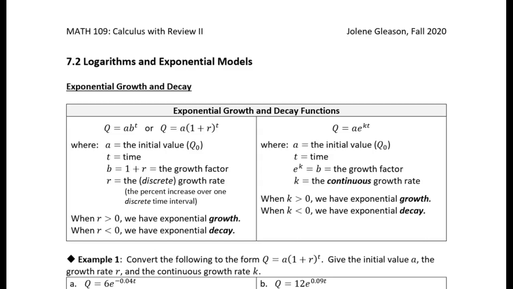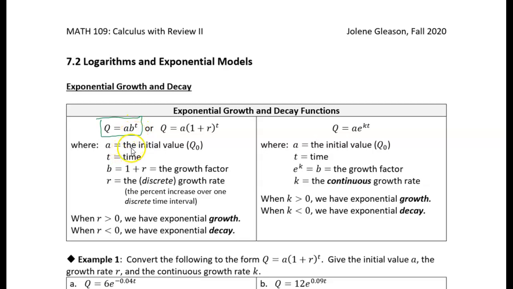All right, so today we're going to talk about logarithms and exponential models. Now, in Math 108, you would have studied exponential growth and decay and looked at exponential models there. And you would have learned two different forms for exponential models. One is in the form Q equals A b to the t, where a is a constant, b is a constant, and t is